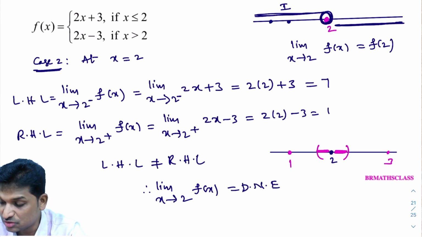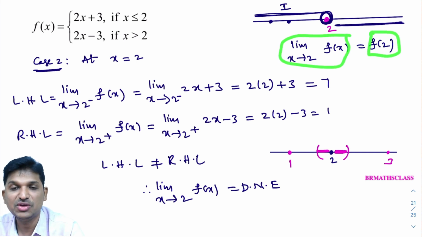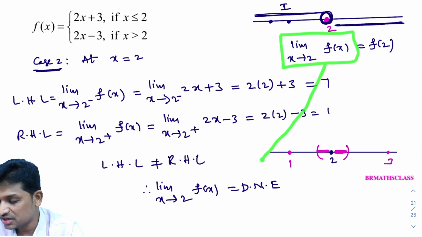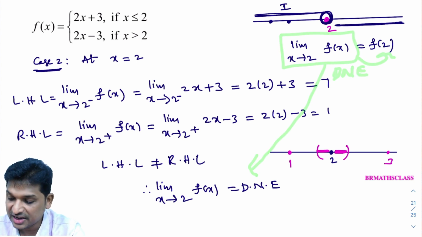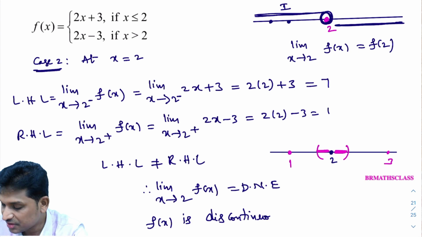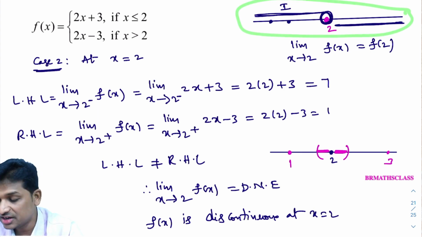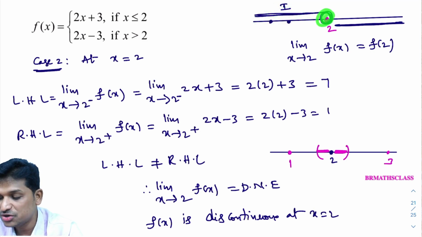What I am trying to do is calculate this limit. If both are equal, then I say the function is continuous at x equal to 2. But when I try to calculate this, I got that the limit does not exist. When this value does not exist, how will I check whether it is equal to f of 2 or not? I cannot check. So I will conclude that f of x is discontinuous at x equal to 2. So I will write here: f of x is discontinuous at x equal to 2. See, I checked the continuity for this function in this zone in the first case and came to know that it is continuous everywhere here, and now I am checking the continuity at x equal to 2.